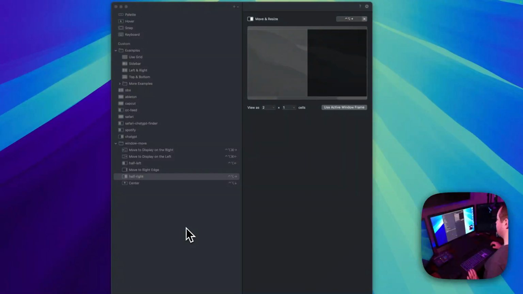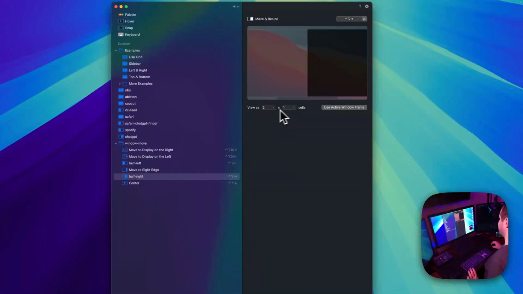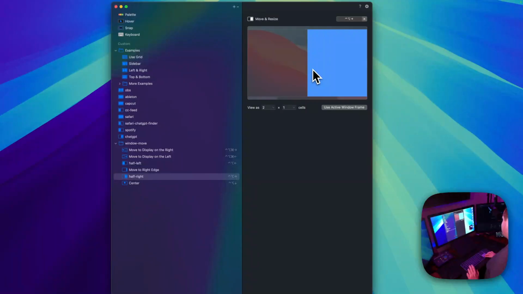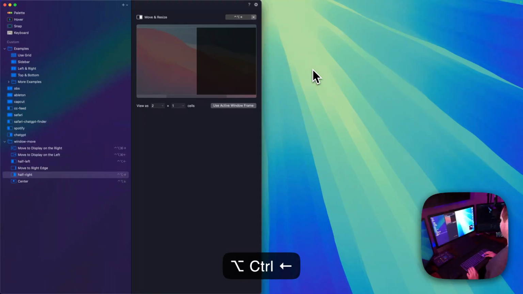So I'm trying to figure out how to do something. I set up the move and resize to move in halves. Love the custom ability to change these cells, but is there a way to have it move to separate displays? So, like for instance, it's stuck on the one display unless I were to use a separate command to move